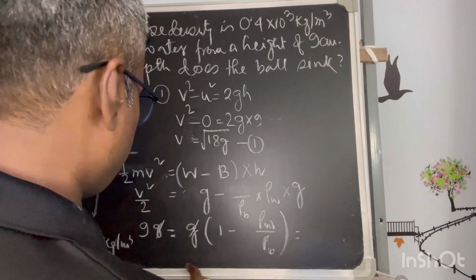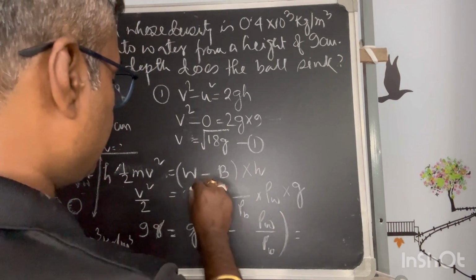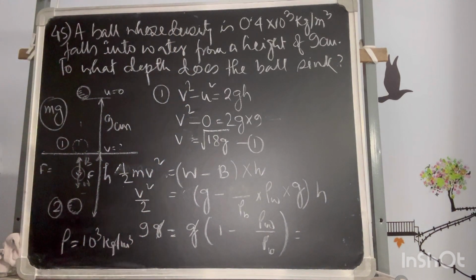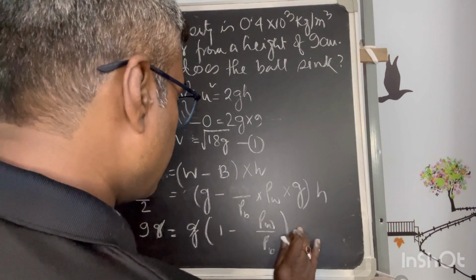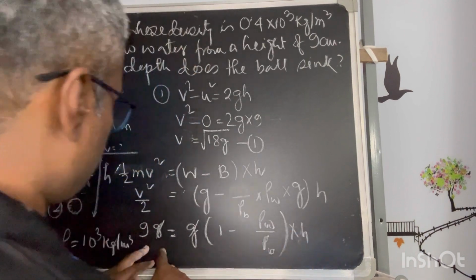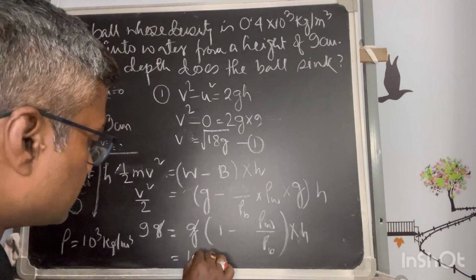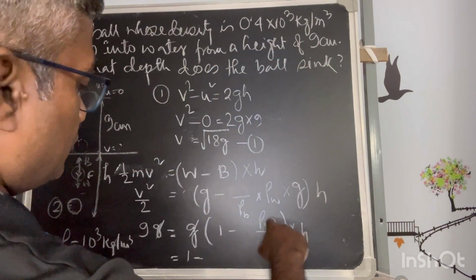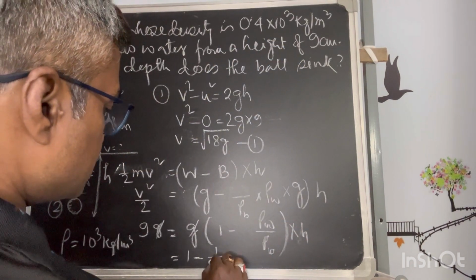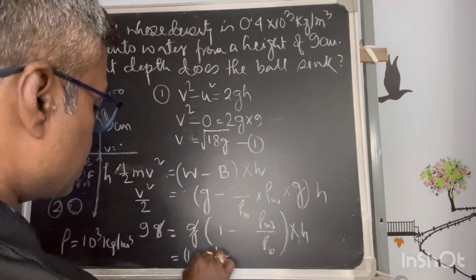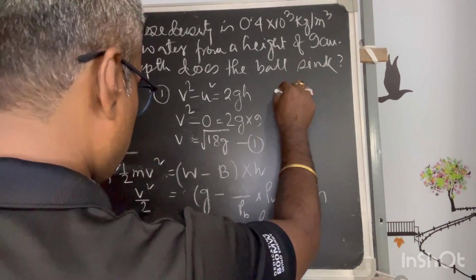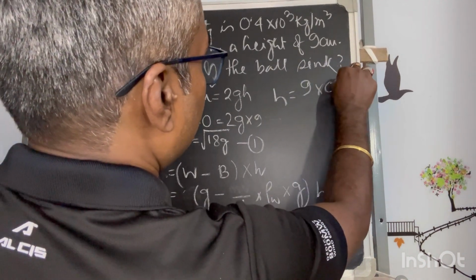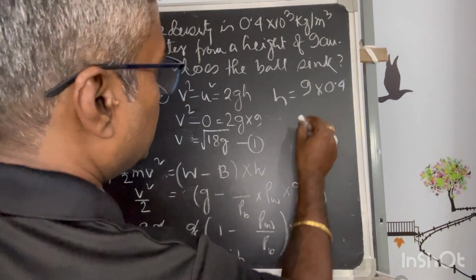So g will be cancelled out with 9. This is equal to, and this is equal into h multiplied by h. So this will be the case. So now this multiplied with h again. Okay, so this will be the equation. Now 1 minus rho of water is equal to 1, so 1 upon 0.4 with the case into h. So now h is equal to 9 into 0.4, and this will be